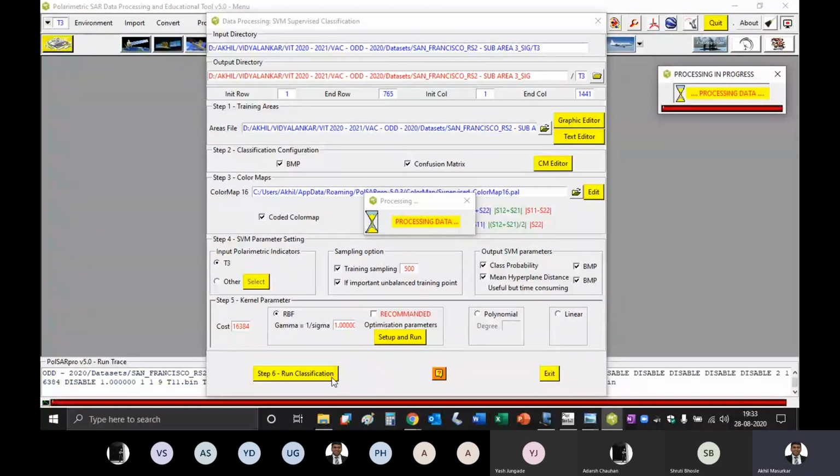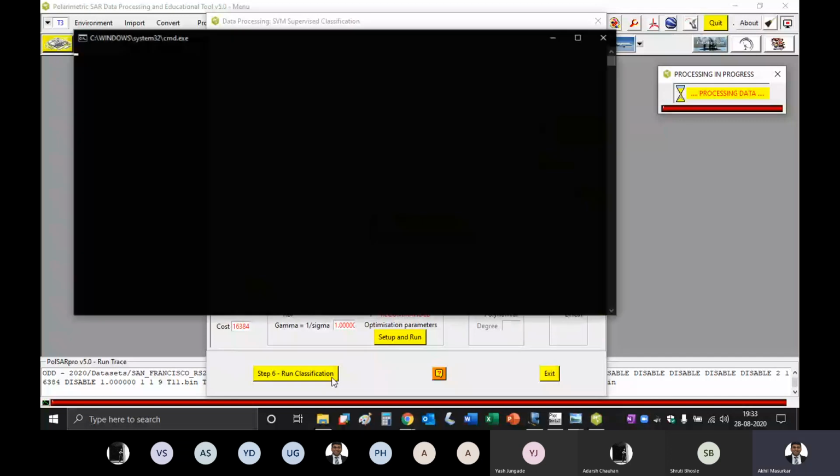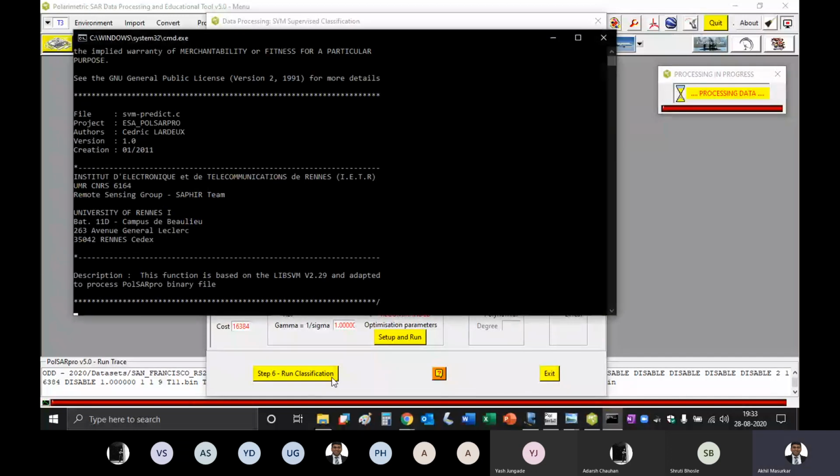When you run classification again, it will consider that imbalance and classify. So the result should look more or less the same, but this time we have considered the class imbalance.